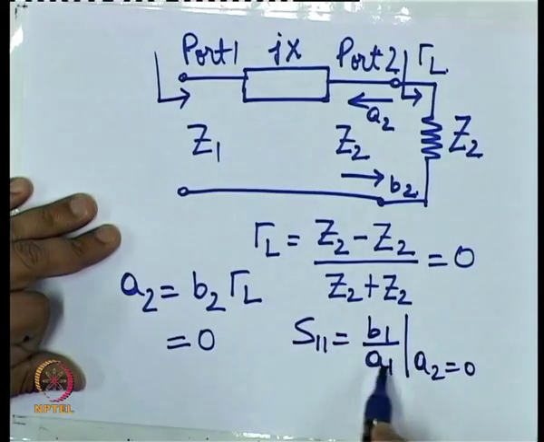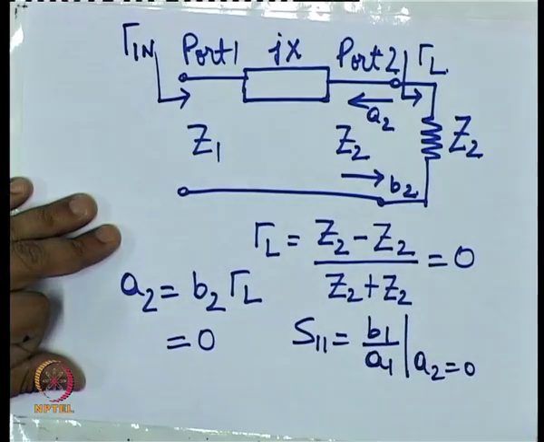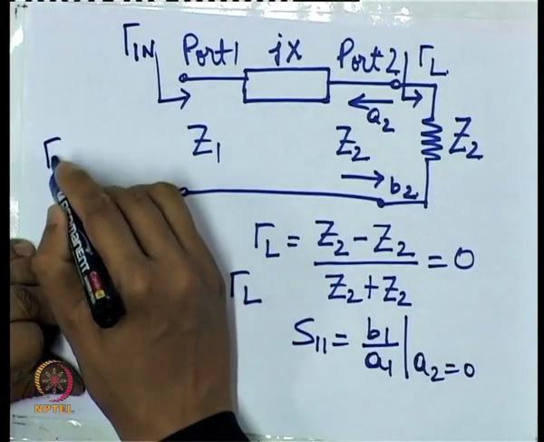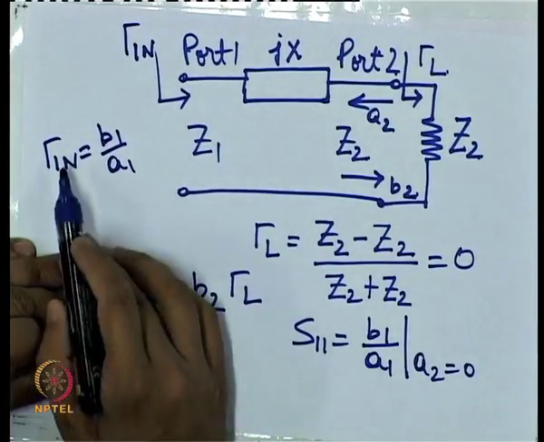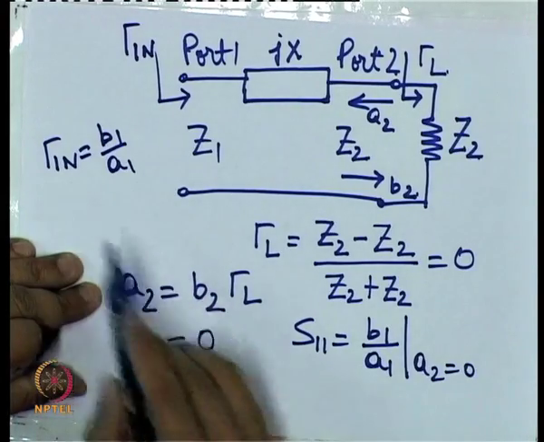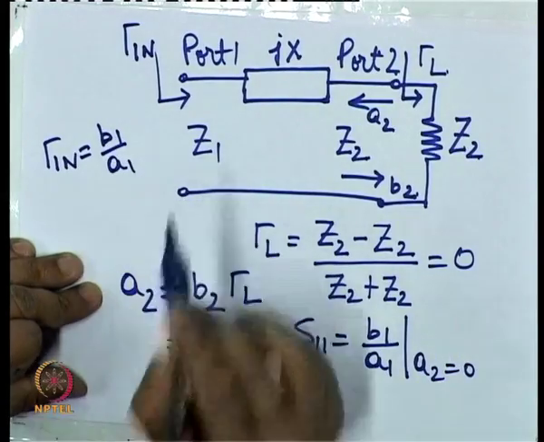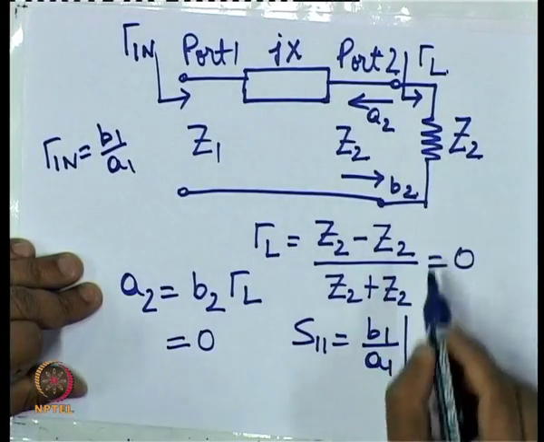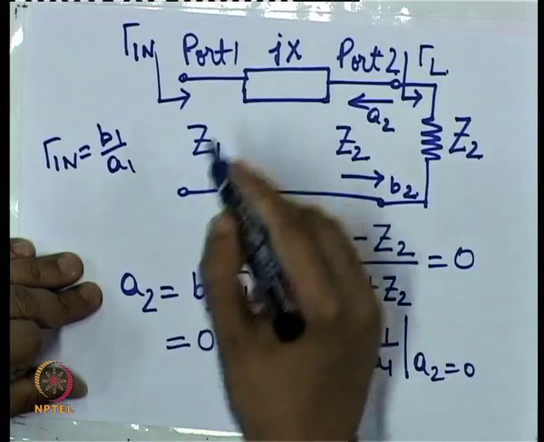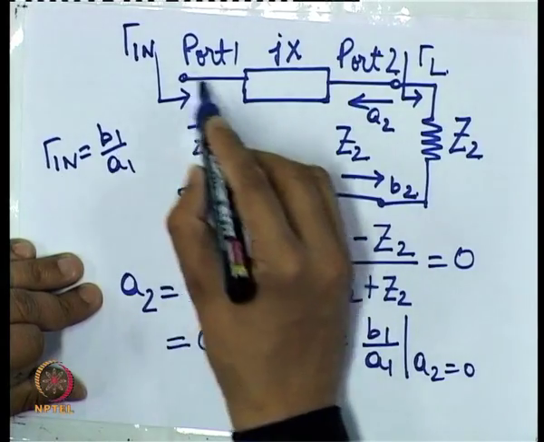Now, what is this B1 upon A1 for this circuit? We can say it is simply equal to gamma in, isn't it? Gamma in is defined as B1 upon A1 with no restriction. The difference between gamma in and S11 is that for S11 we have to have A2 equal to 0, but for gamma in it is not necessary. But the way we have made this circuit by connecting this load, we have eliminated A2. So now A2 will always be 0, and therefore S11 for this circuit